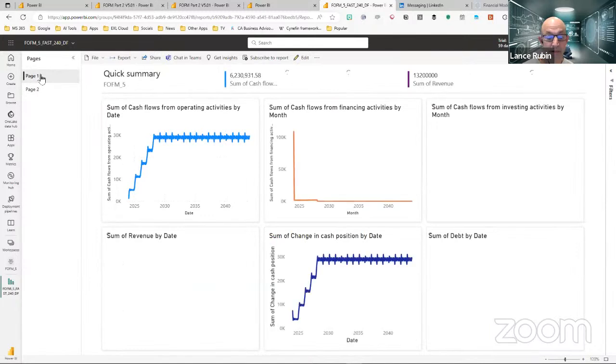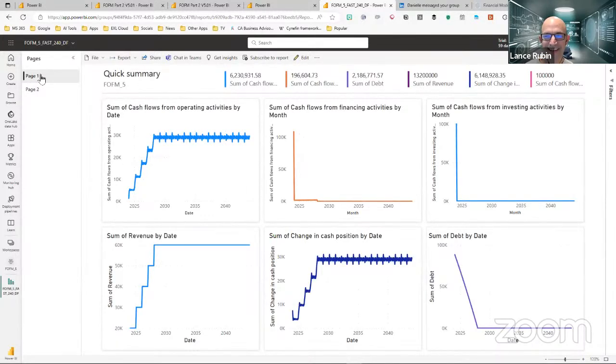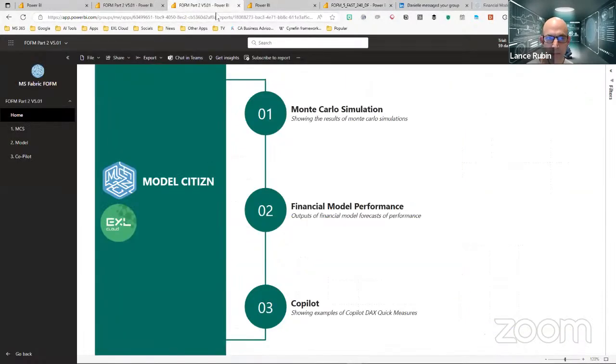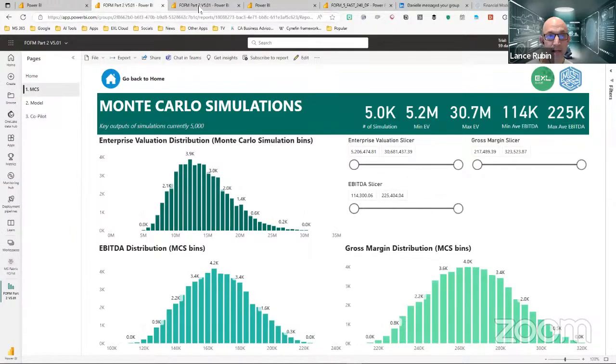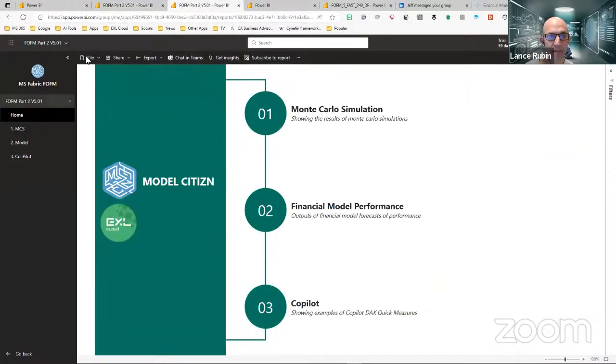This, by the way, these are not pretty, okay? I know that. But all I did was I dumped the file in here and I asked Fabric to create the report for me. It created this for me, just out of the box. This one, I did a bit more work and my team did a bit more work. By the way, this is Power BI Online, and this is the Power app, right? This actually sits on an app.